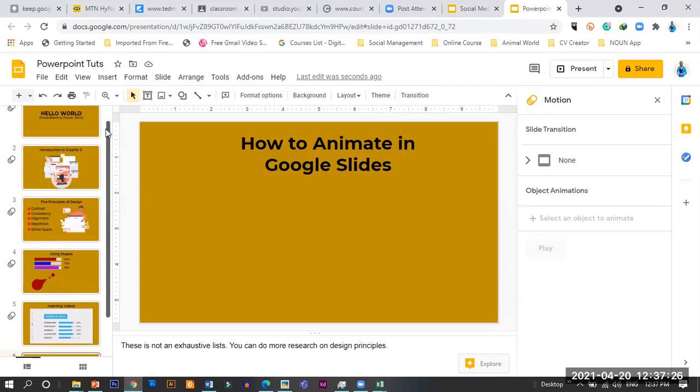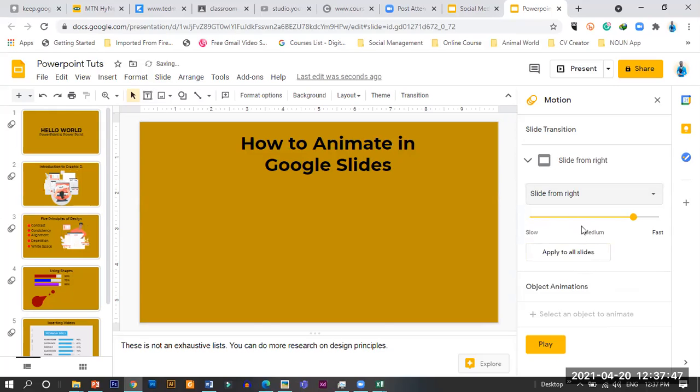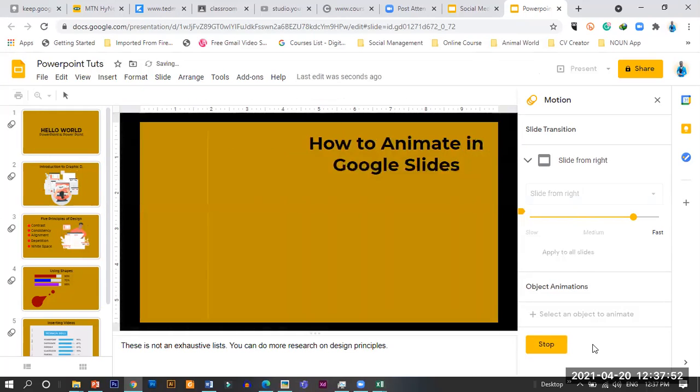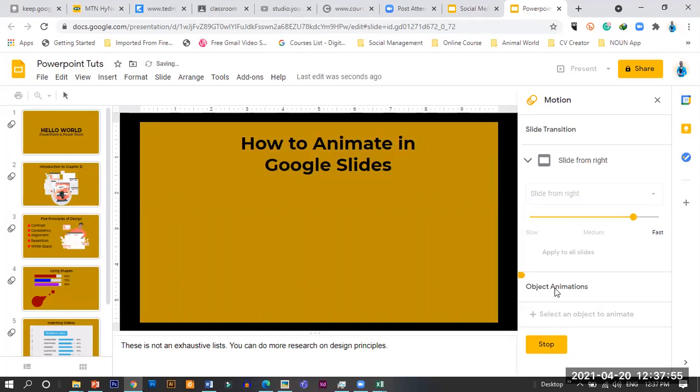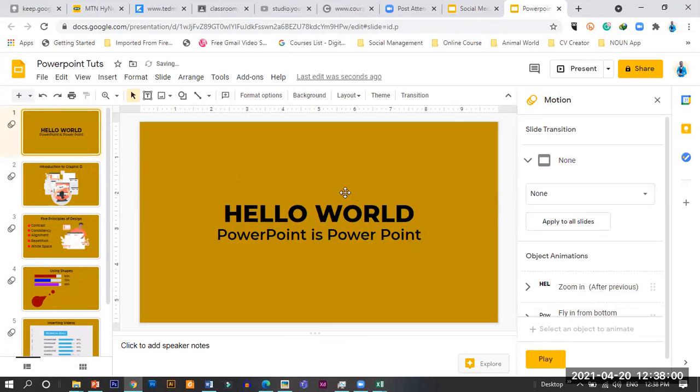Transition. Very important. So let's go to transition. This is where you set your transition now. And you can apply it to all slides or to a particular slide. So let's see the transition we want to use. So we want to say slide from right. So let's play it first. Good. So just like the one we used in the PowerPoint. So apply,